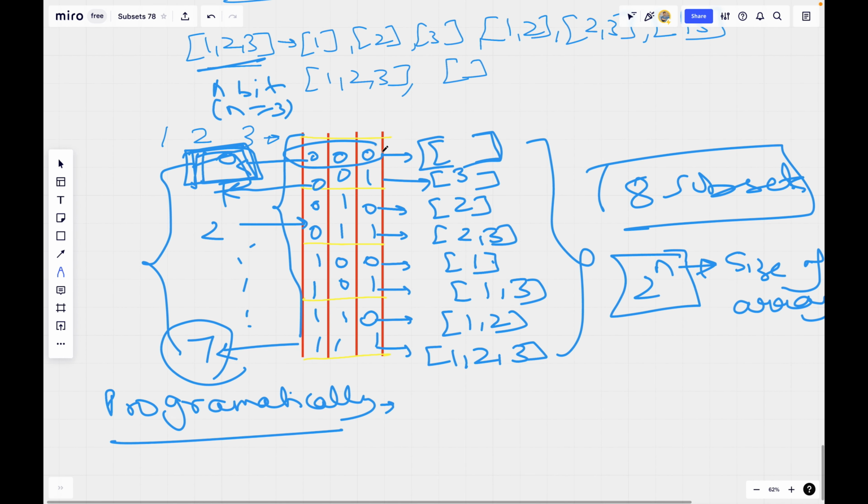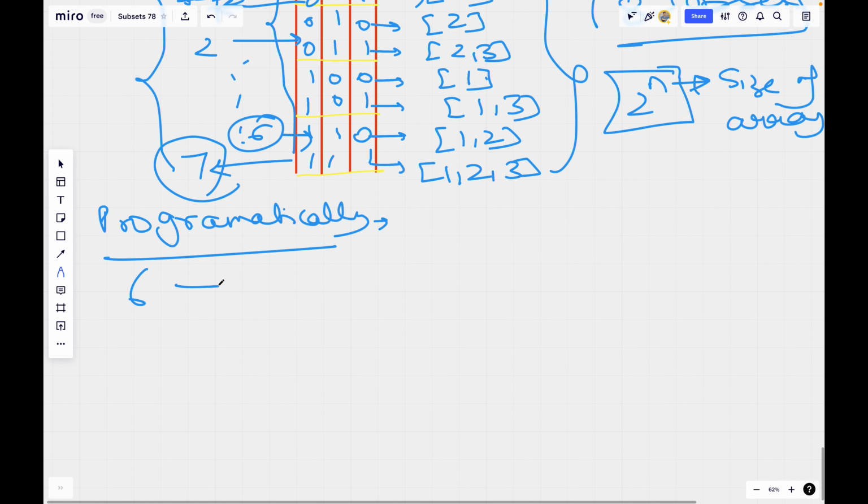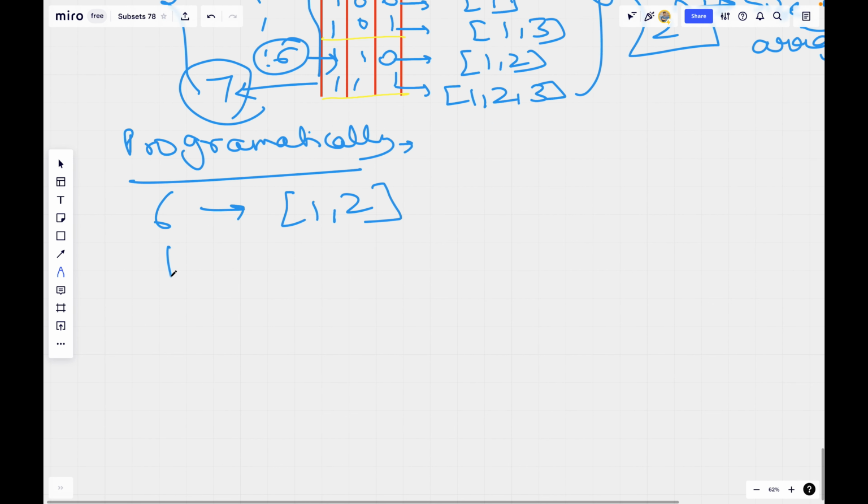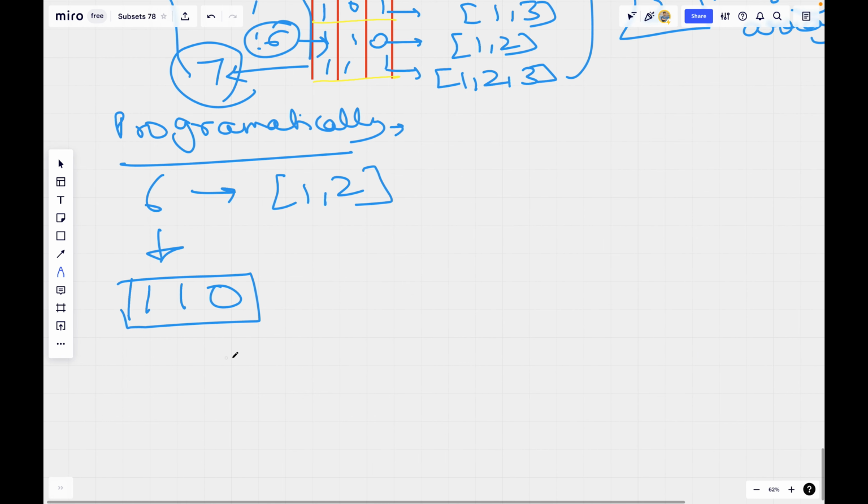For every loop iteration I will map that particular index with a subset. So when I'm at 6 and I need to map this to 1, 2, I know the bit sequence of 6 is 1, 1, 0. 6 can be represented in binary form using 1, 1, 0. Using this bit sequence, I will run a loop on these 3 bits, right?